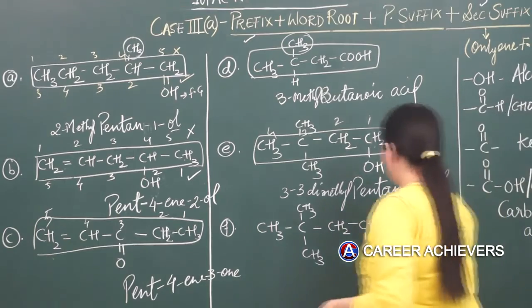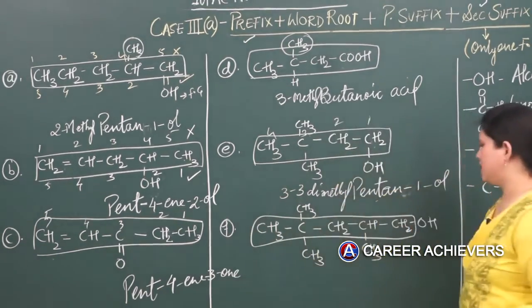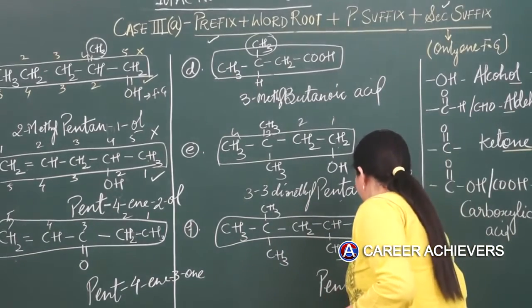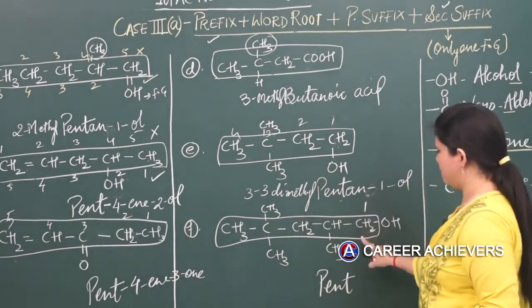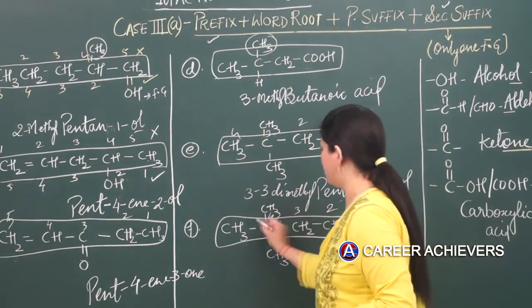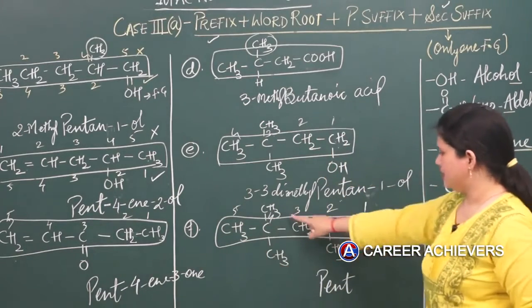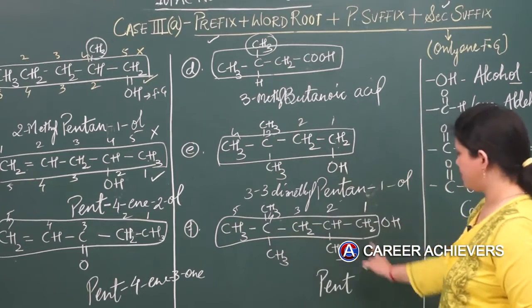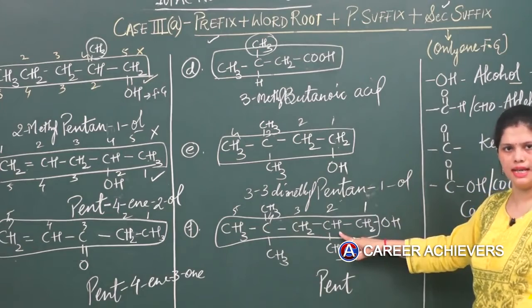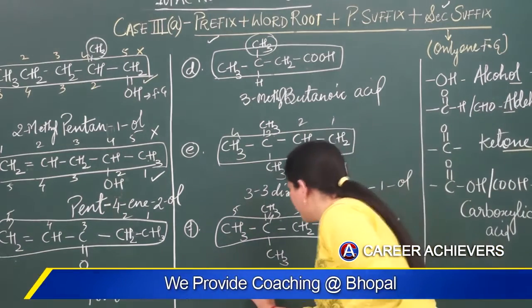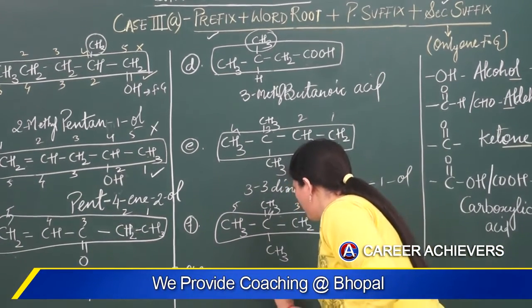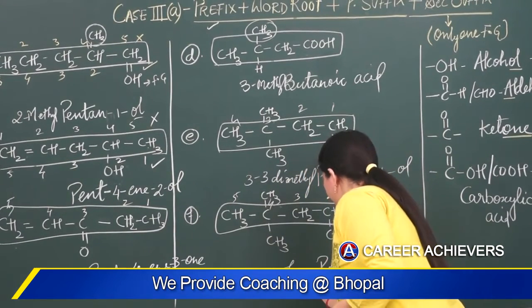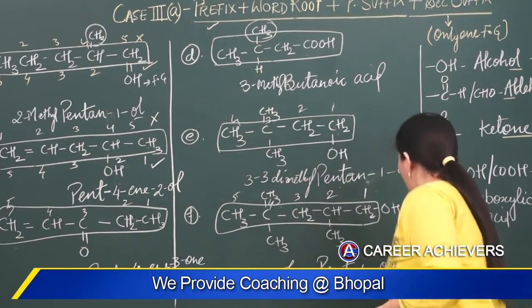Now talking about the last example, in the straight chain total number of carbons is 5. So word root is pent. Functional group is on the 1st carbon, so 1st, 2nd, 3rd, 4th and 5th. So you can see methyl is coming 2 times on the 4th carbon from this side and 1 time on the 2nd carbon. So basically the name of this molecule would be 2,4,4, as it is coming 3 times, trimethylpent-1-ol.